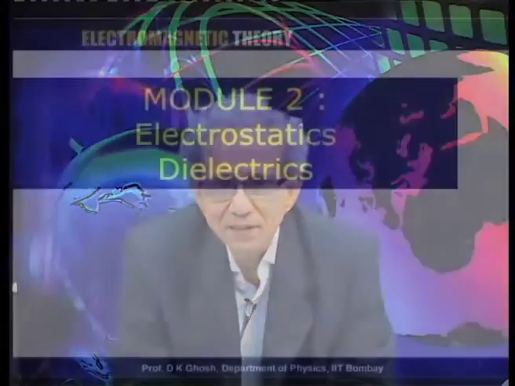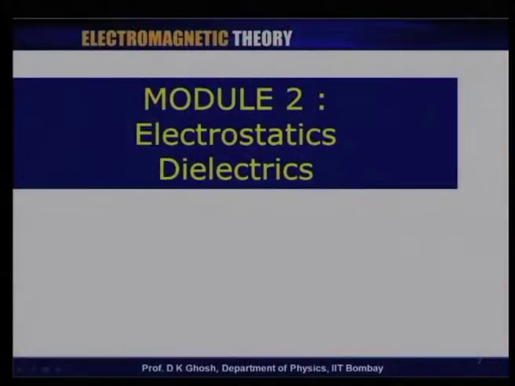in a source free region, the potential satisfies what is known as the Laplace's equation, and in the last several lectures we have been talking about various methods of solving such Laplace's equation. What we wish to do now is to talk about a different class of material, where the electric field has a totally different effect, and these materials, as opposed to conductors, are known as insulators in common language, or dielectrics.